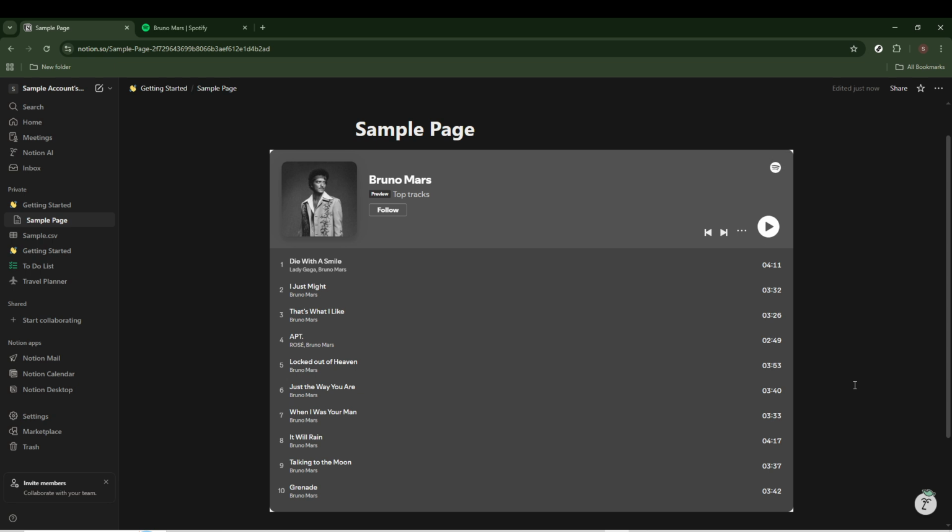If needed, you can resize the embedded playlist by dragging its edges or move it around the page to better fit your layout. This makes it easy to design a clean and functional workspace that also feels more personal and enjoyable. And that's all there is to it. You have successfully embedded a Spotify playlist into your Notion page, creating a seamless connection between your music and your